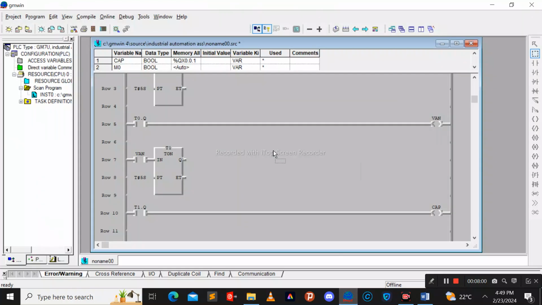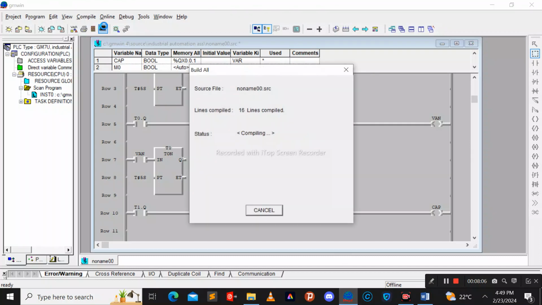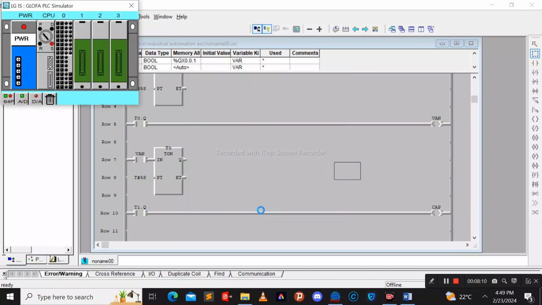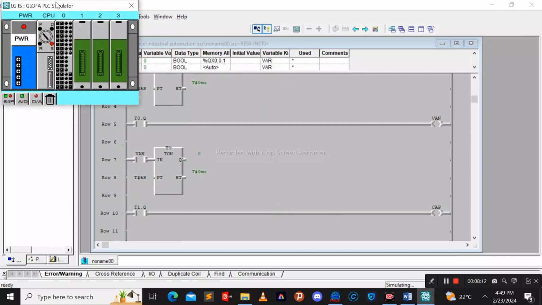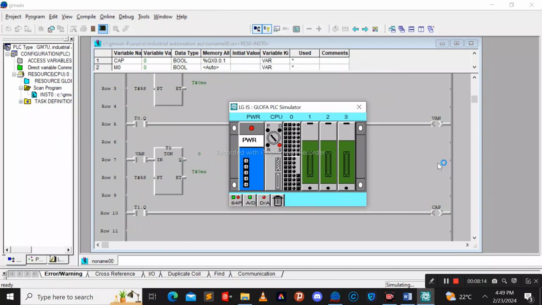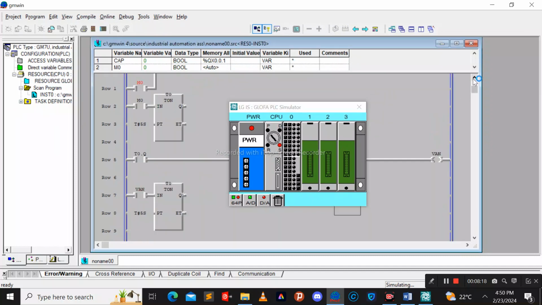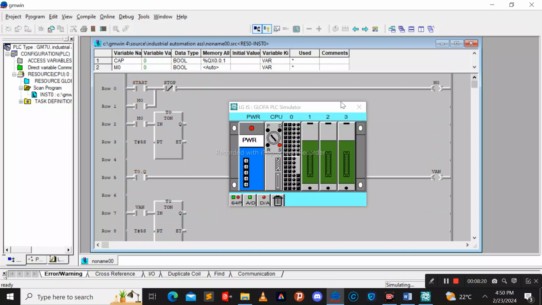So let's start the process and see the output here. Okay, we're going to start the simulation. As you can see, there is no error. Press OK. Fine. This is our PLC. Automatically, you can see this stop here. The stop